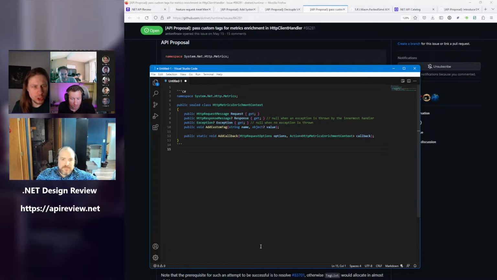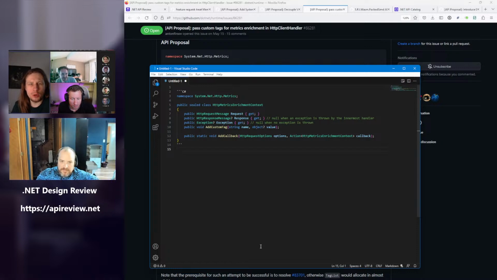Sorry, was there a question? Does anybody have a better name than add callback, or are we good? Add options callback? Is add actually adding, or is it replacing an existing callback? It's adding a callback to a list of callbacks. Okay. Great.